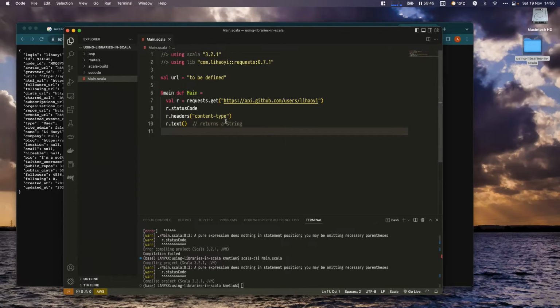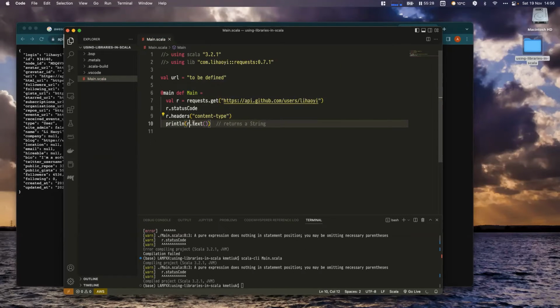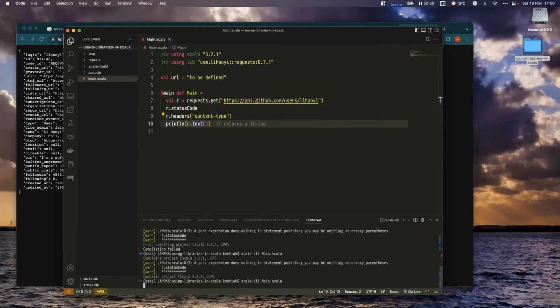Well, it's not really about the r, I mean the code executed successfully. The real problem here is that r.text returns a string, but we didn't give a command to print that string to screen. So what we need to do is to write println, and inside this println, we have the stuff that we want to print, which is the result of the request in the text format. So if you run this again,